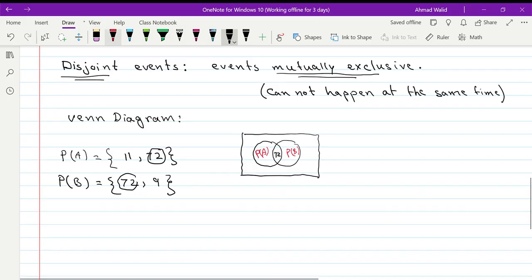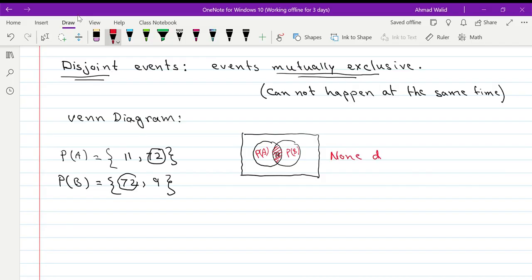We call it intersection when we are dealing with probability. This overlap. This 72 is in both sets. That's the overlap. Correct? Then this Venn diagram in statistics shows for us non-disjoint,